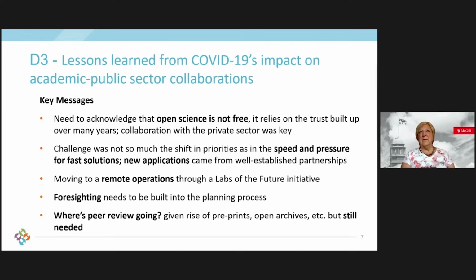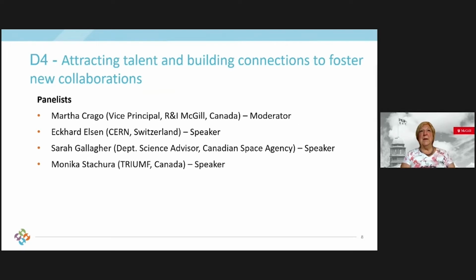Okay, on to the next and final group of the four. This one was how do we build talent and connections to foster new collaborations, and really looking at younger researchers and how they get engaged. So you can see they came from a government agency, a multi-university initiative called TRIUMF, and then CERN, which is known worldwide. So if we can move over to there,